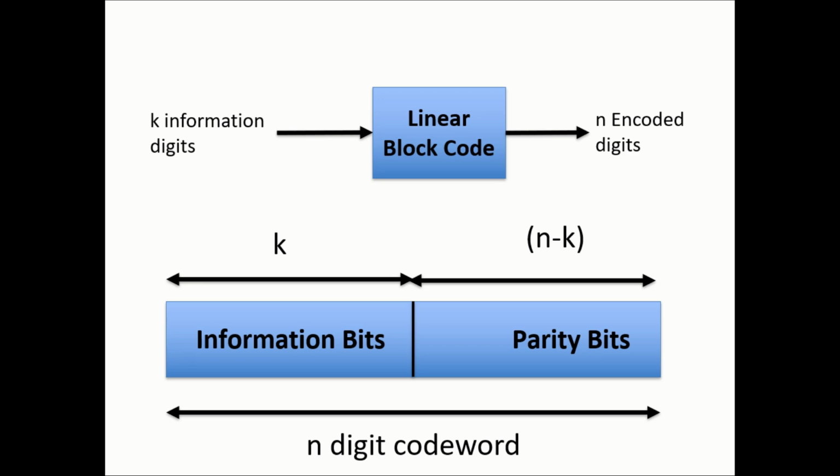Next we create a generator matrix, which is a combination of an identity matrix of size K cross K, which we have already seen on the left side, and a parity matrix of size K cross n minus K on the right side. Here you can see the parity bits, n minus K. Thus this matrix is carefully designed so that it adds redundancy bits to our message for error detection and